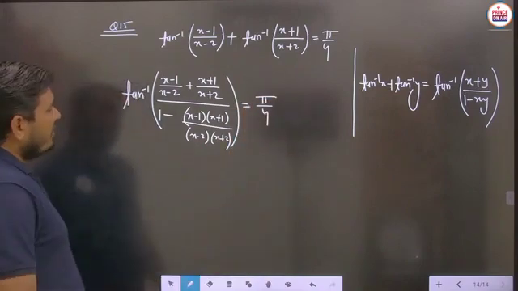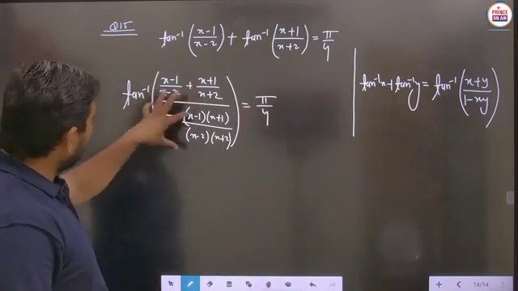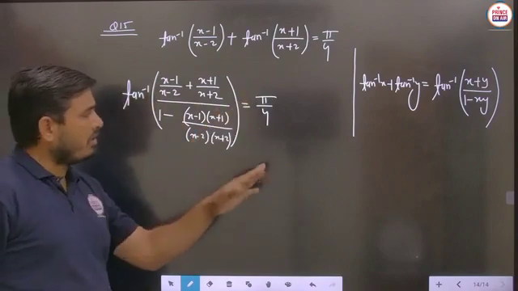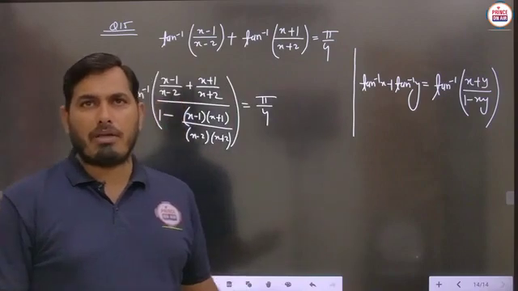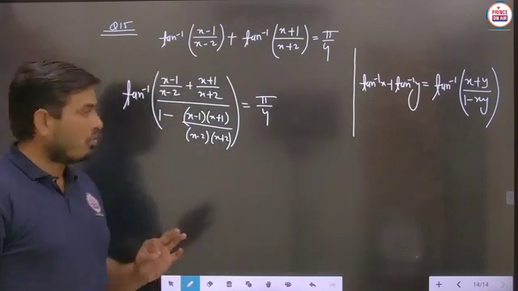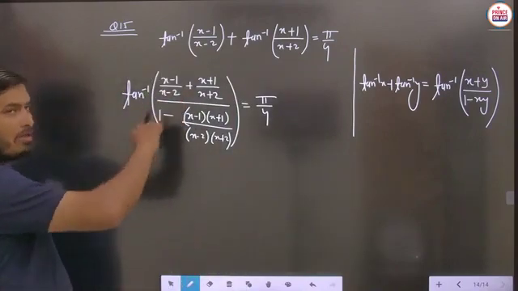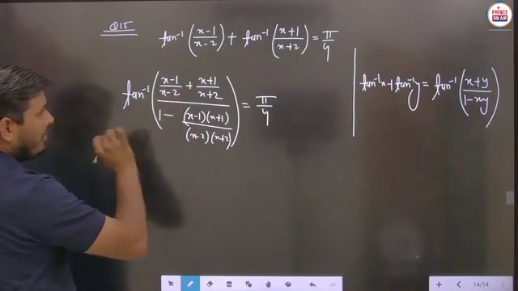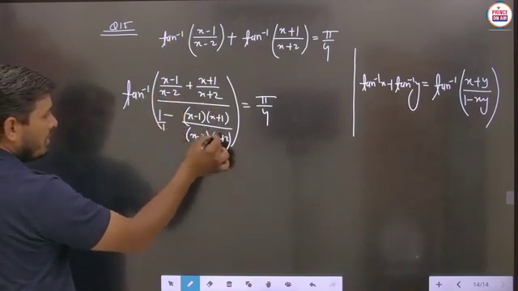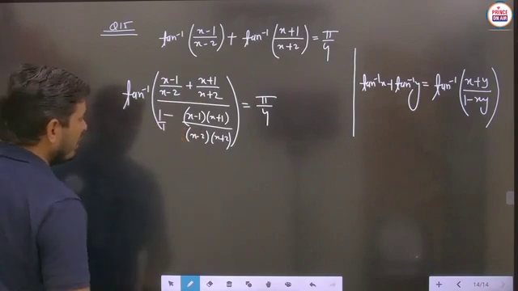Now we have to just simplify this part, and this tan inverse will go to this side, then it will become tan pi by 4, and tan pi by 4 means tan 45 degree will give the answer as 1. Is it clear? So we have to just simplify this now. In this calculation, we have to take the LCM. The LCM of this part and this part will be the same here, so this part will get cancelled out.